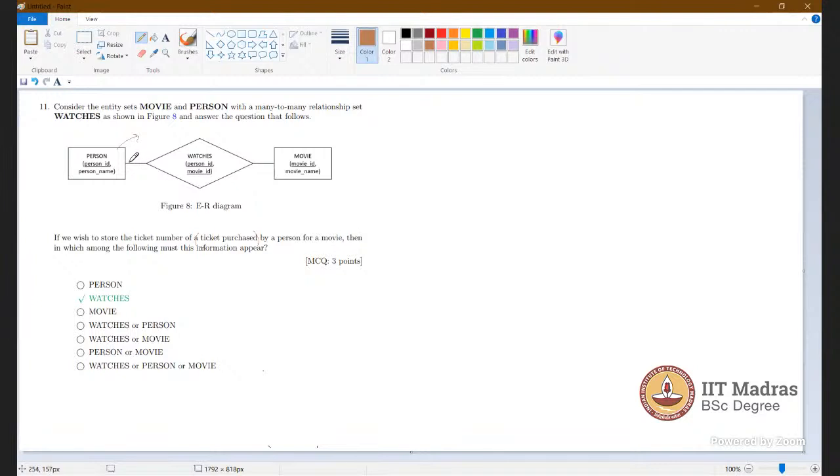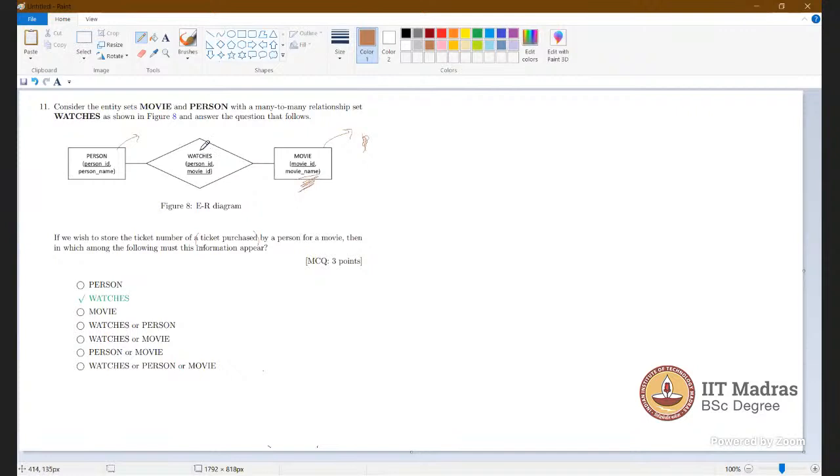Are you able to follow me? Correct, so it's multi-valued. And the movie also we cannot put it in, because the same movie's tickets can be purchased by many people. So it is not possible in the movie table also.